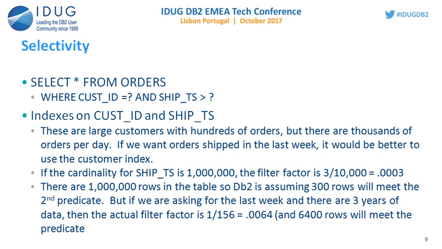Now, do you have to be exact? And the answer is no. I mean, what you're looking for, again, this is a tool to use when you have to. And you want to keep things simple. You're basically just trying to tell DB2 it's not a small filtered number of rows, it's a large number of rows. It doesn't matter if I say 0.0064 or if I say 0.2. You know, it's giving DB2 the right general idea. There's going to be a lot of them, not a little of them. Go use the cust ID index, don't use the ship timestamp index. In fact, sometimes,